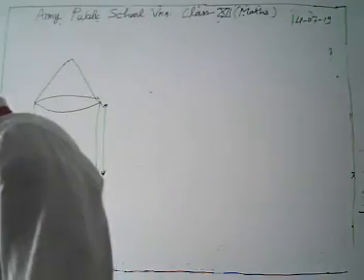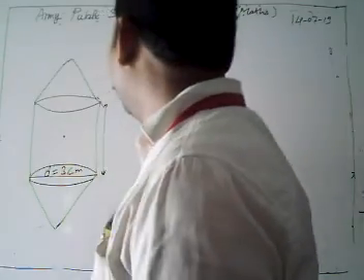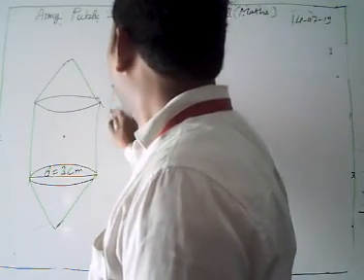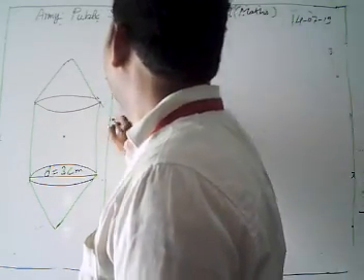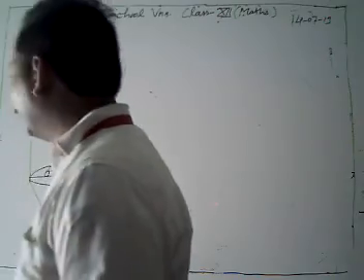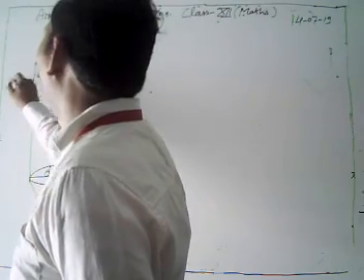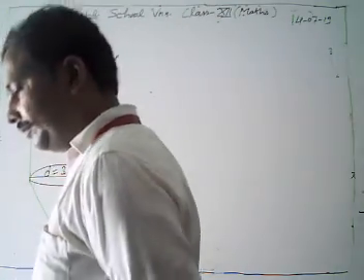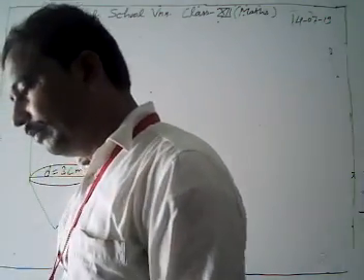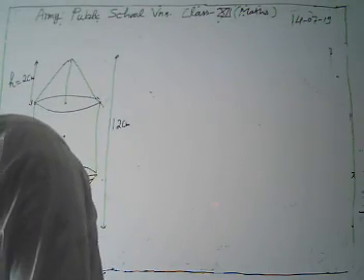Sorry, the diameter of the model is 3 and its length is given as the length of the model. The whole model length is 12 centimeter there. From here to here it's given as 12 centimeter. If each cone has a height of 2 centimeter, the height of cone is given as 2 centimeter. Find the volume of air contained in the model that Rachel made. Assume that the outer and inner dimensions of the model are nearly the same.